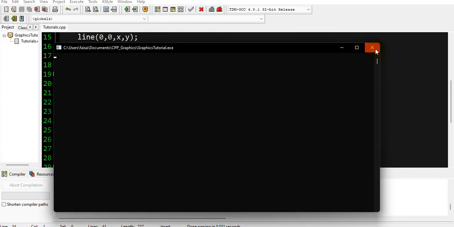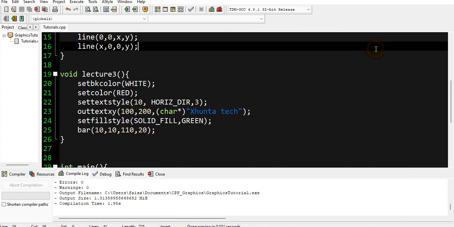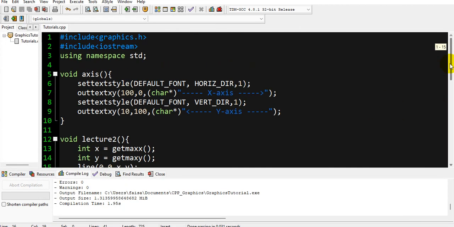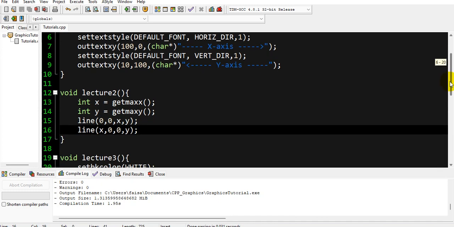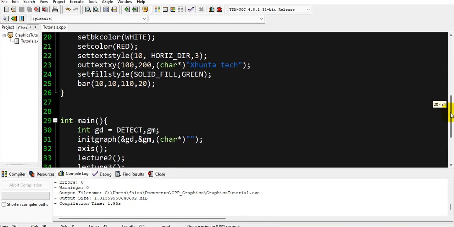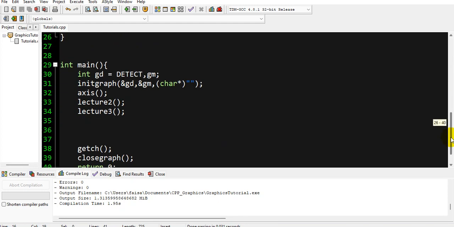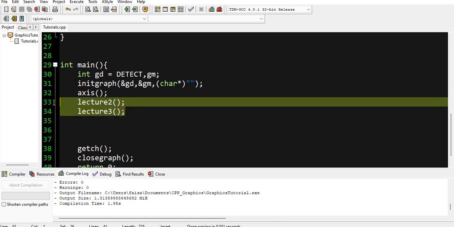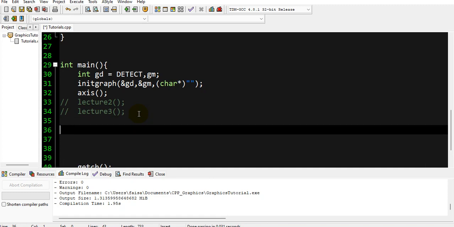All these things we have learned so far, and in today's lecture we are going to learn the basic shapes in the form of functions which are provided in our graphics header file, right? So for today I am commenting these functions out, and we are going to start our